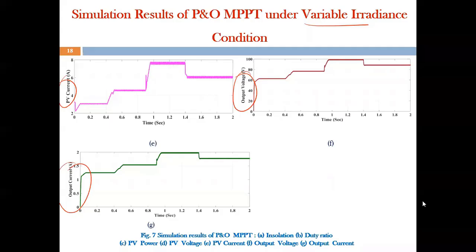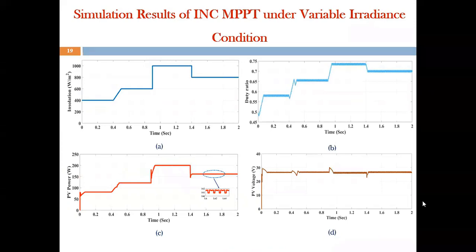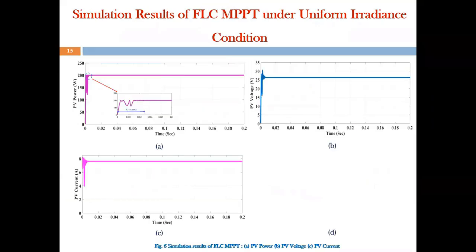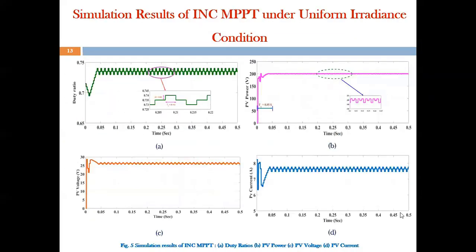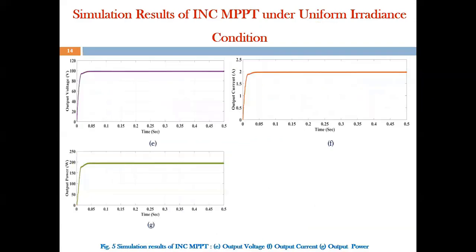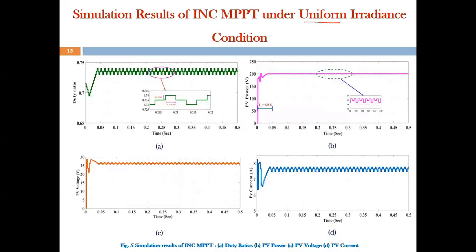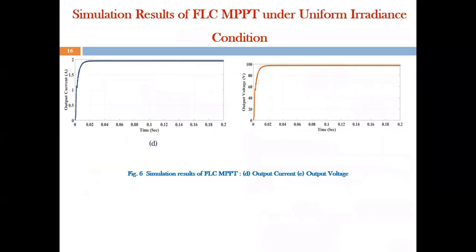So here also I have already simulated the incremental conductance method under variable irradiance. The same insolation I have taken, and based on the insolation level considered, duty ratios are generated. So this is incremental conductance during uniform condition. It is properly given. There are no step changes because your signal is uniform in nature. So your powers, currents, PV currents, and voltages are uniform in nature.